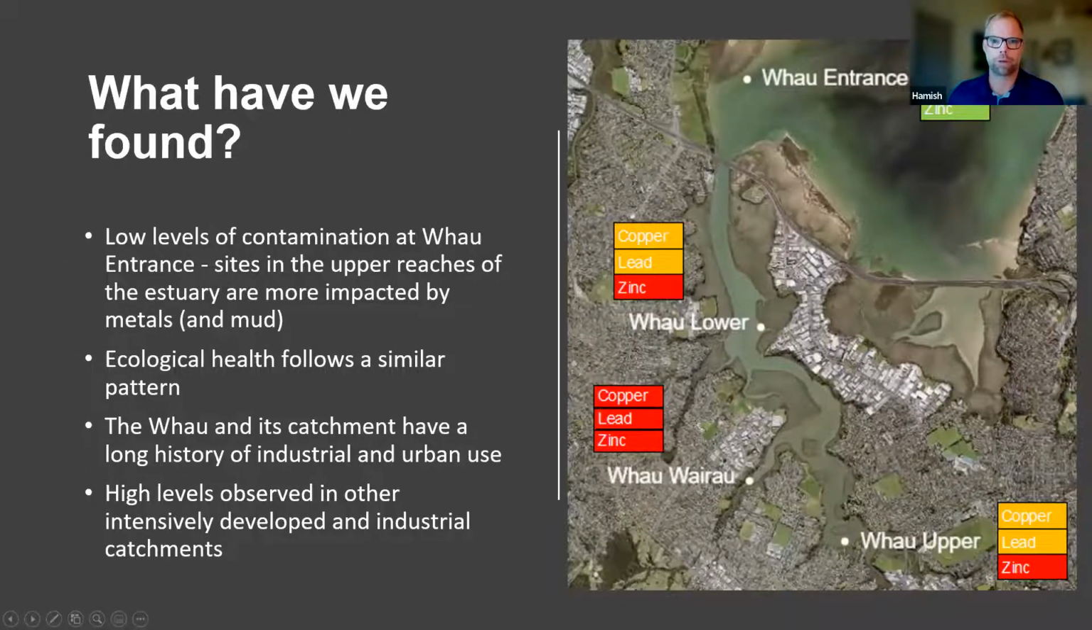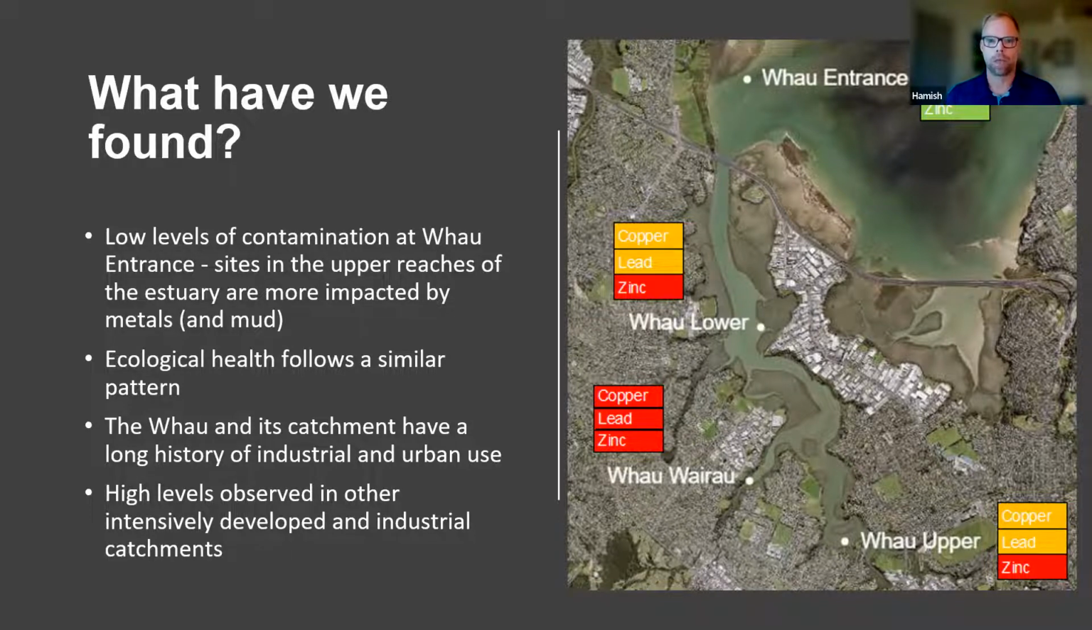So results from our most recent sampling in the Whau in 2020 showed a pattern that's been pretty consistent with what we've seen there over the years. That's pretty low levels of contamination, so that ERC green status at the Whau entrance, but sites in the upper reaches of the estuary are more impacted by contaminants and they're also a lot muddier than they are at the